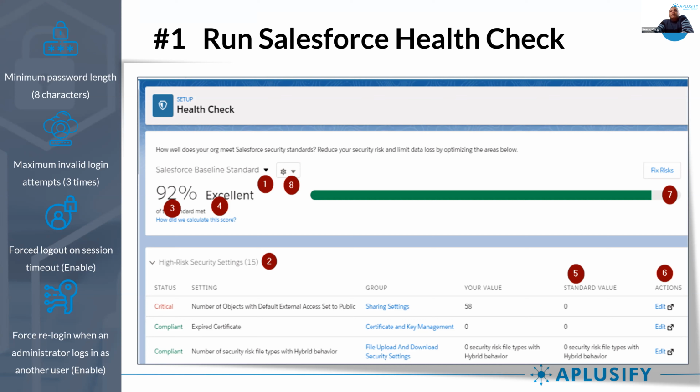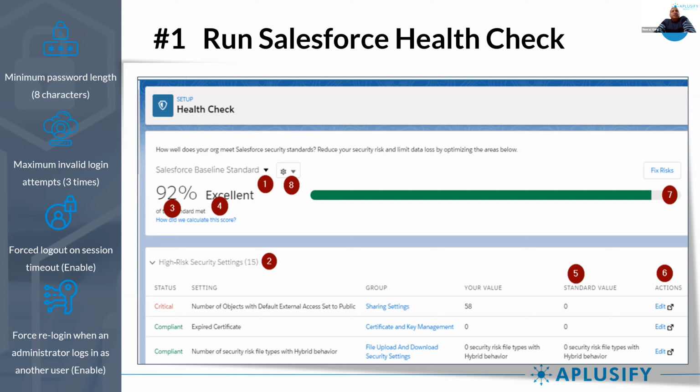So what you can do is either go to number 6 option, where you can actually go to edit, and it will take you to that setting where you can actually set that value back to 0 or maybe closer to that. Or maybe you can go to option 7, the fix risks button. You can click on that, and then Salesforce runs the tests and fixes that risk automatically. So it basically tells you what is the security health of your system.